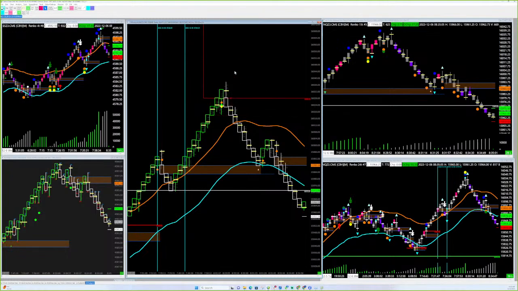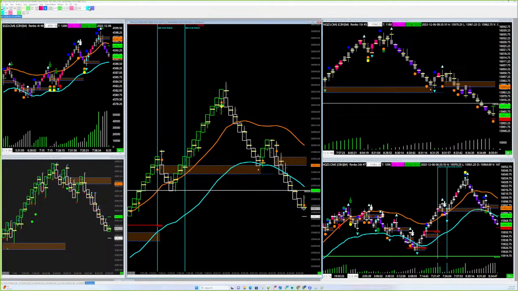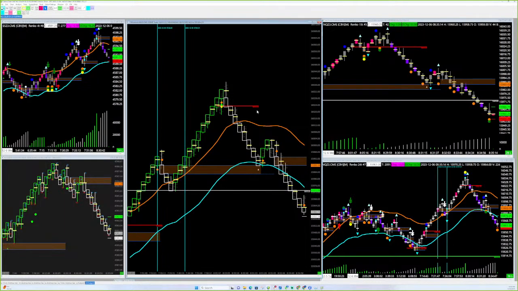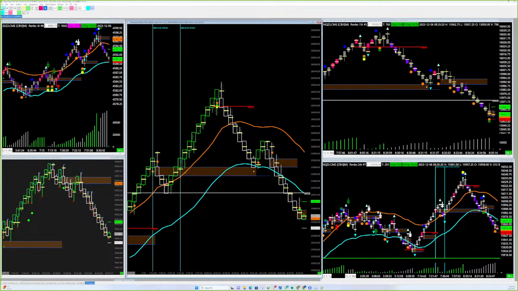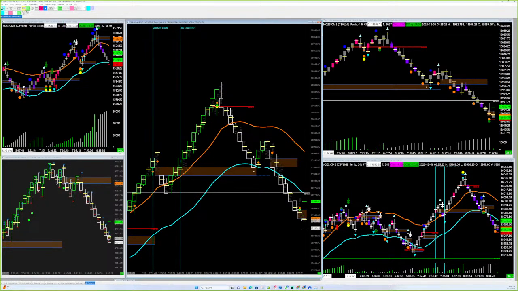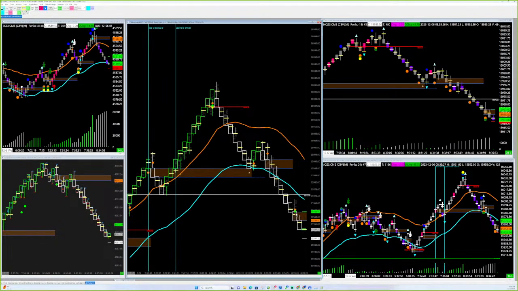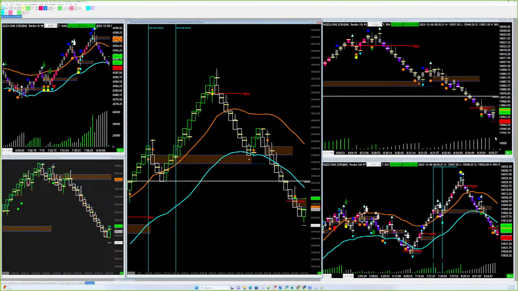Man, oh man, look at that short from up there. See ya, purple bar. And I'm not in favor of shorts, but that was beautiful if anyone took it. So now you have it outside the channel. Of course, we're in no man's land, but